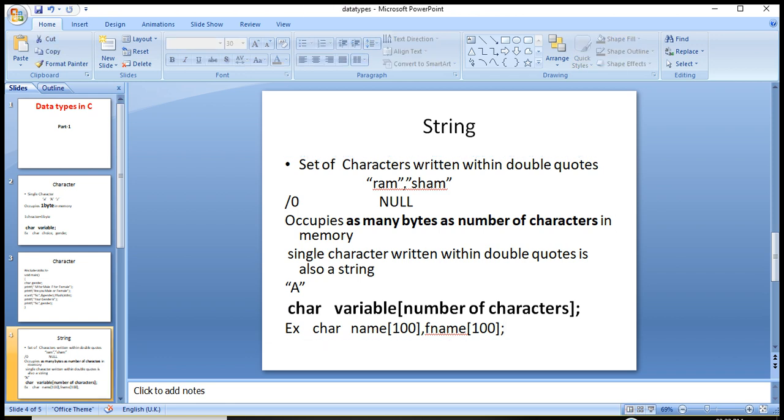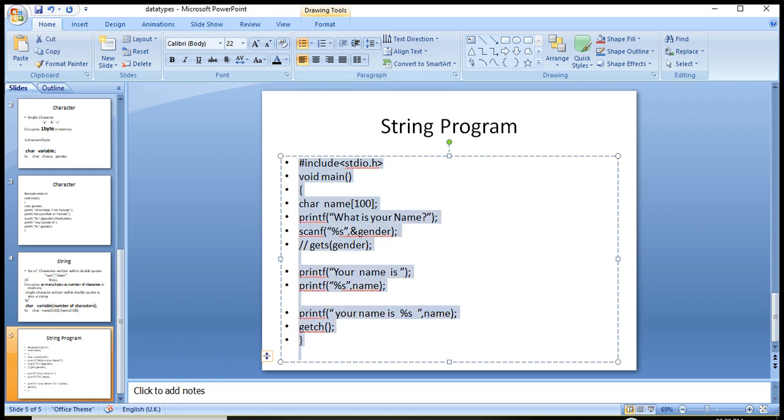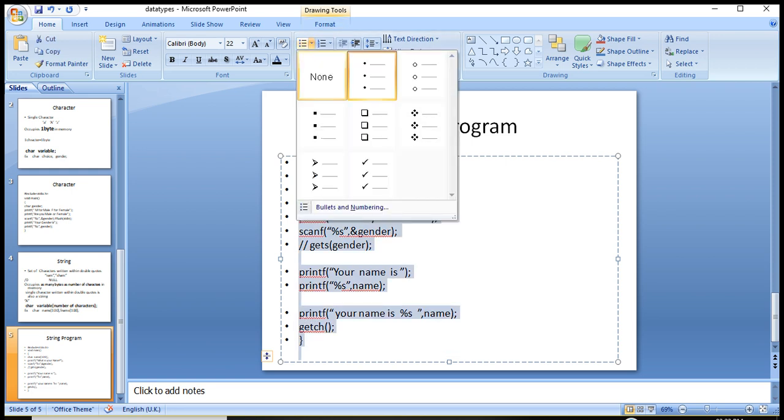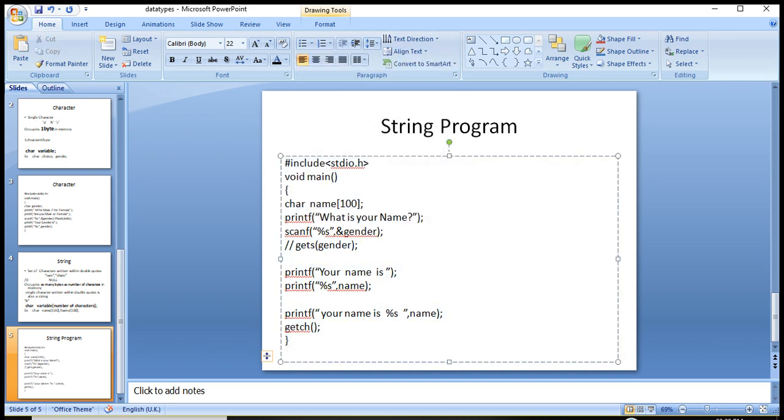And we can also write the gets function. The gets function also reads a set of words. For getting string data, we can use one of the two commands, scanf or gets.